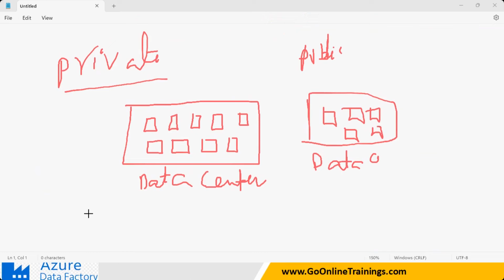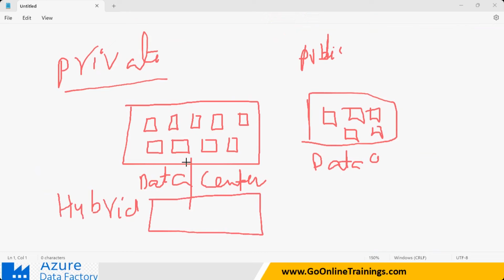And what is a hybrid? Some companies put some of their data into their private data center, and some of the data they keep in the public.